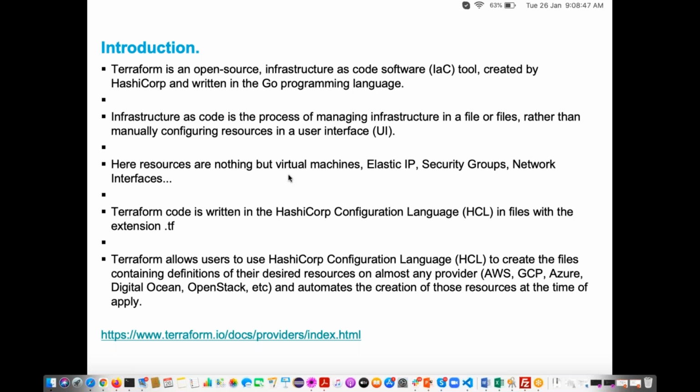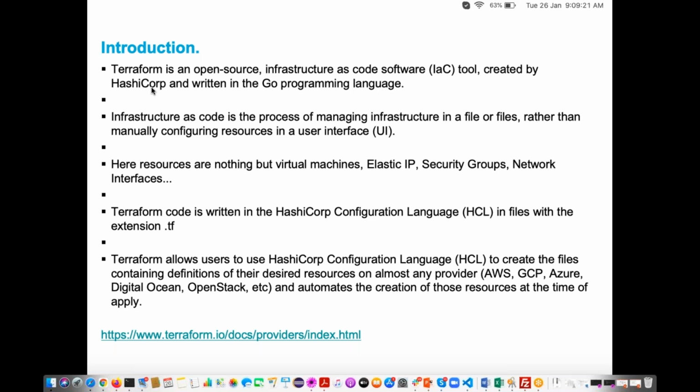Terraform is developed by HashiCorp. HashiCorp is a company name. HashiCorp provides many other tools also, like Terraform, Packer, and Vault. Many people use Vault to store credentials securely. Vault is a tool provided by HashiCorp.